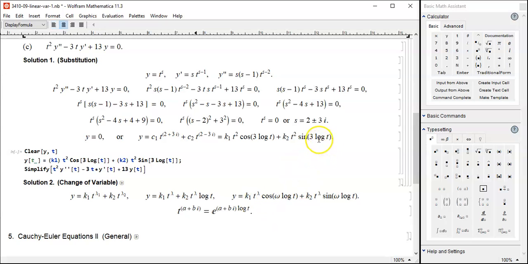And then we have this log of t coming. So why is this thing becoming sine cosine of log? Okay, I'll stop here and I'll ask you to complete. You can use that